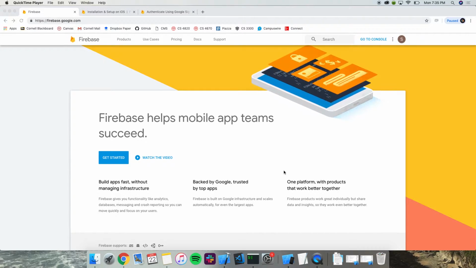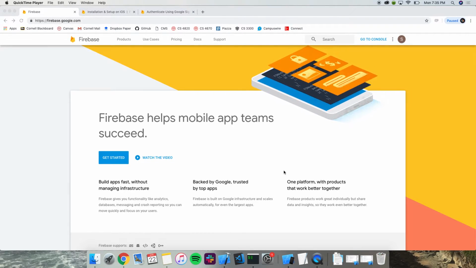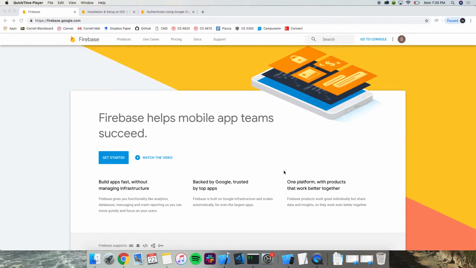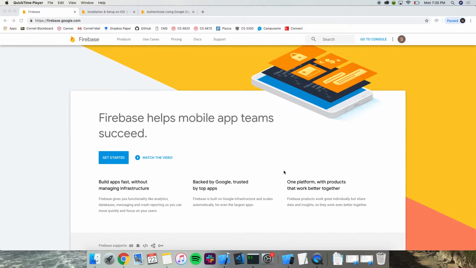Everyone who's connected to your app, we're going to talk about a messaging app today, so if you send a message, then everyone will get that message. If you have a group chat, or if it's just between two people, the other person will get that message immediately. With Firebase, you also have authentication. You can do Facebook login, Google sign in, anything you really want, or you could also do a custom login feature.